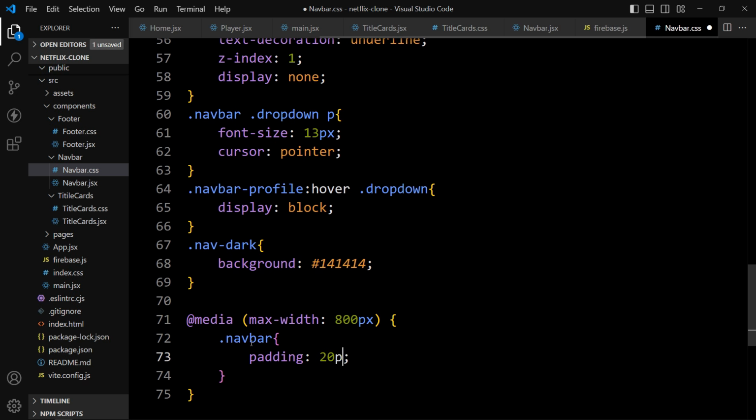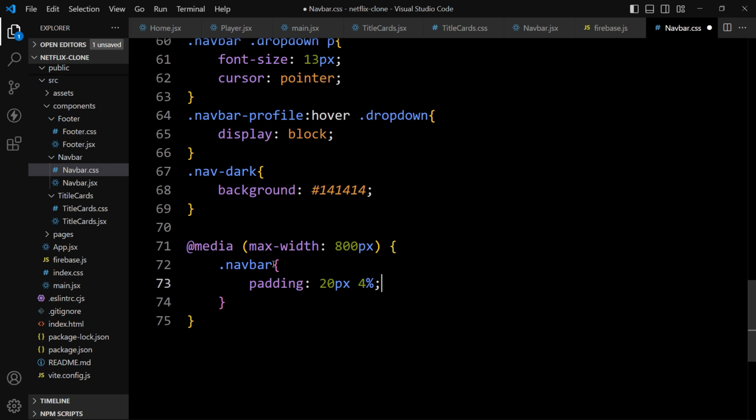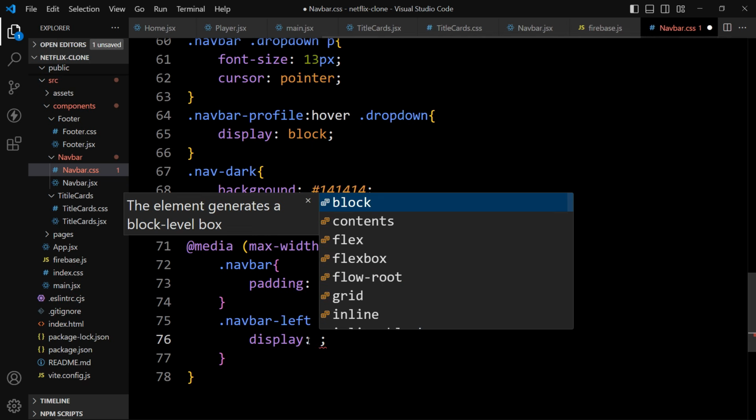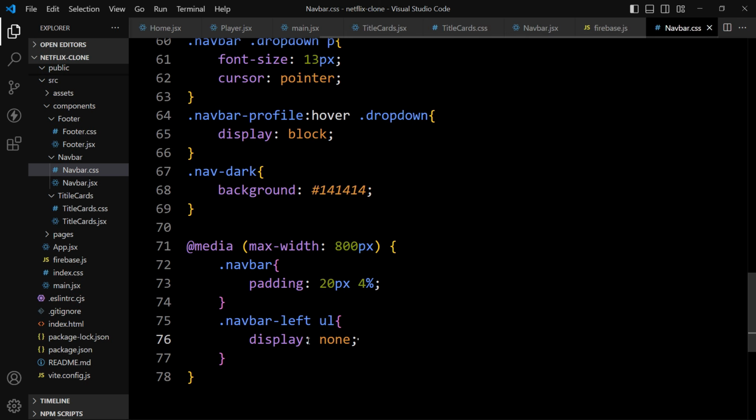It will be 20 pixel and 4%. After that we will add the CSS properties for the navbar left. So let's add navbar left, and in the left side we have the UL tag. So let's add UL, and we will hide this one. So just add display none. So it will be hidden.